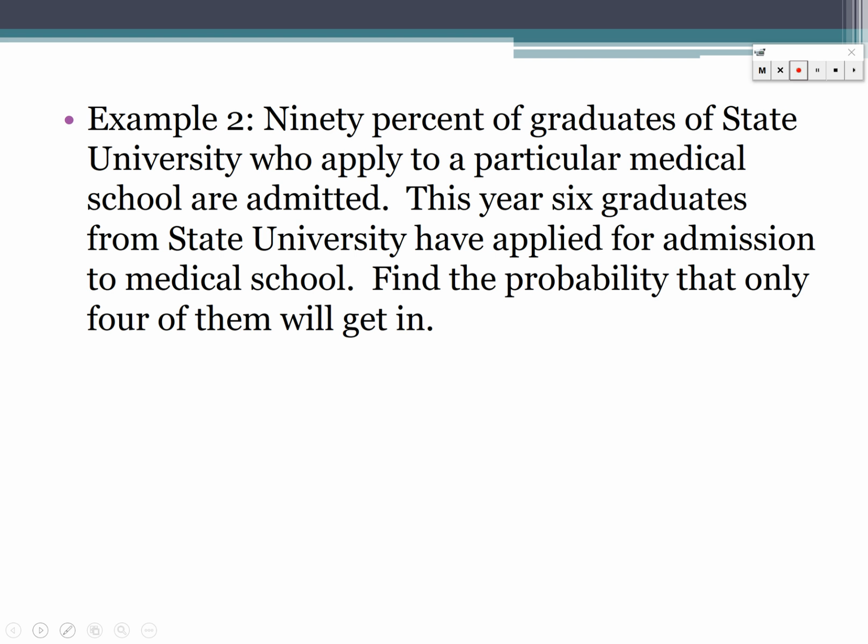Number 3 said all the trials have to be independent. So does one graduate getting in or not getting in affect any of the others? No, it doesn't change. The last condition is the probability of success is the same for every trial. And again, 90% is going to be that way for person 1, person 2, person 3. It's not going to change. So all 4 conditions are met. That's how I know that I can go ahead and dig in and start finding N and X and P